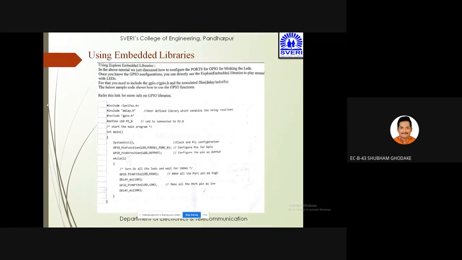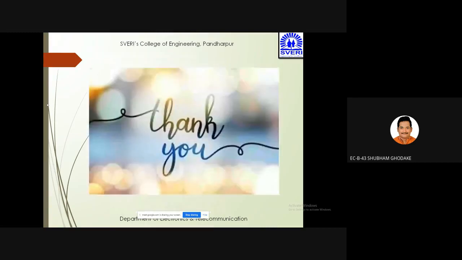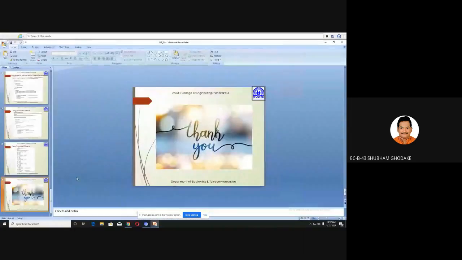Now this is the example of the library. By declaring the library, you can send the port high and you can send low pulses to the port. And this is also one of the examples of the embedded libraries, how you can write each and every character in the program. So, have you understood it?